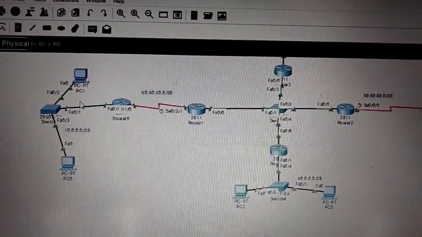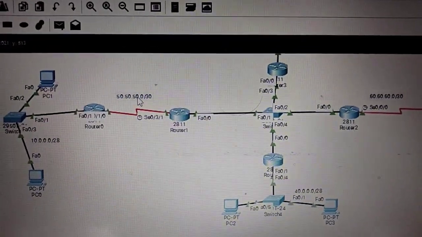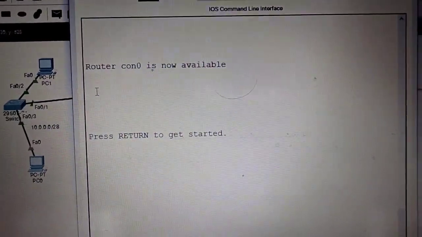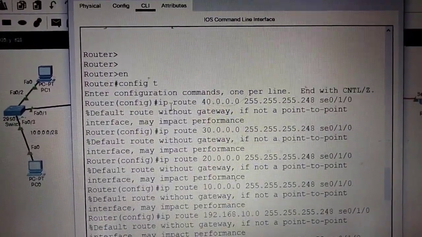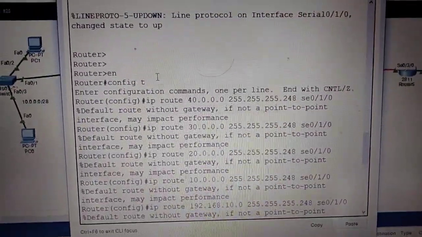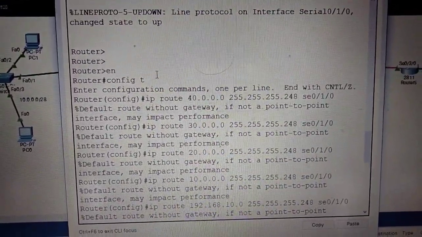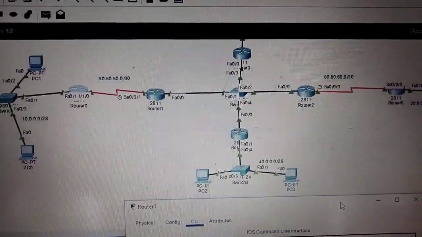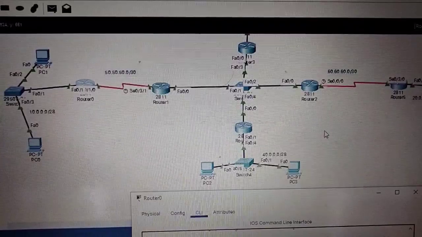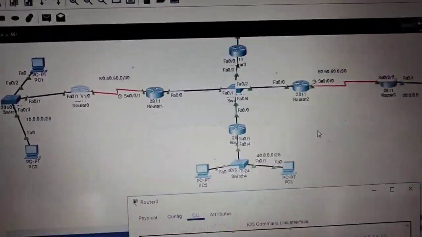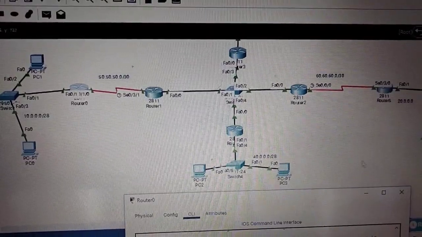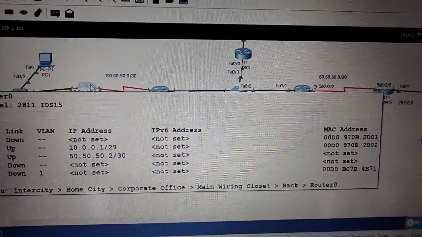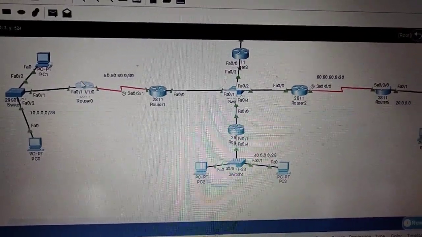Okay. After completion of this, we can go to router 0. In router 0, let's see what we have done. This and all the routing commands. Before, we have taken commands, and there are a lot of methods. Only follow one method. Don't follow all methods. If you follow all methods, you may get confused. In real time also you will get confusion. Don't follow all the methods. I used only one method for this router.